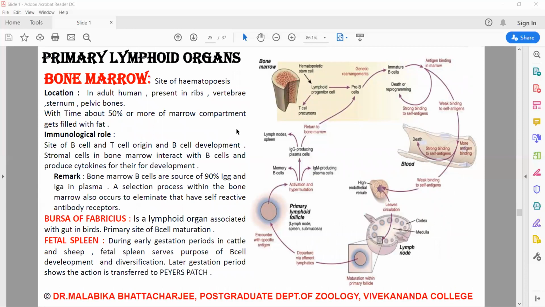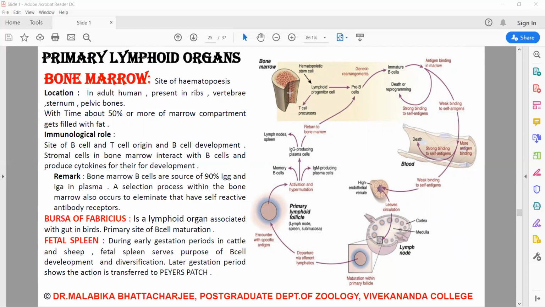The bone marrow is the primary lymphoid organ, and if we consider the development of the lymphocytes, the B lymphocytes are throughout developed here. Bone marrow is, however, not the site of B cell development in all species. In birds, the lymphoid organ called the bursa of Fabricius, associated with the gut, is the primary site of B cell maturation. In mammals such as primates and rodents, there is no bursa, and there is no single counterpart which is called a primary lymphoid organ.